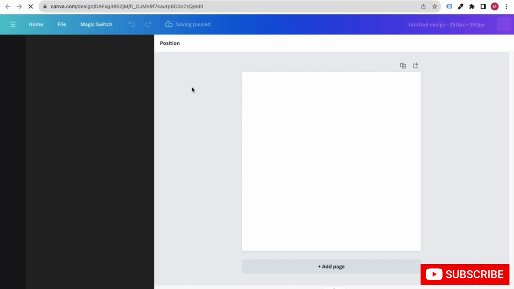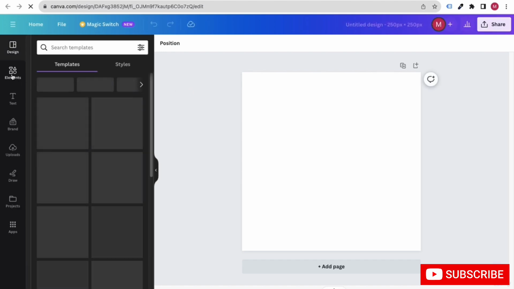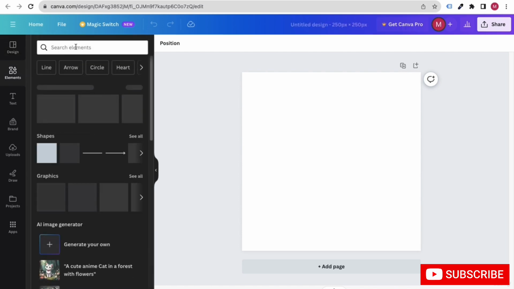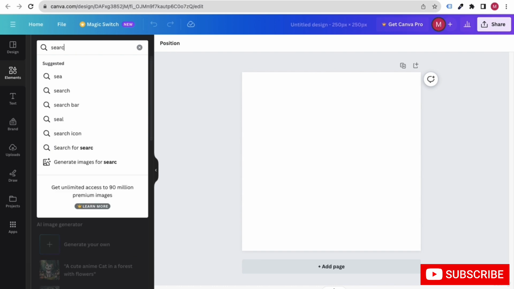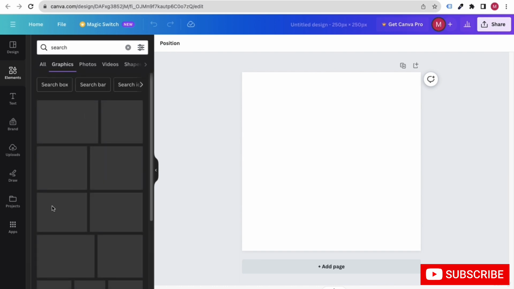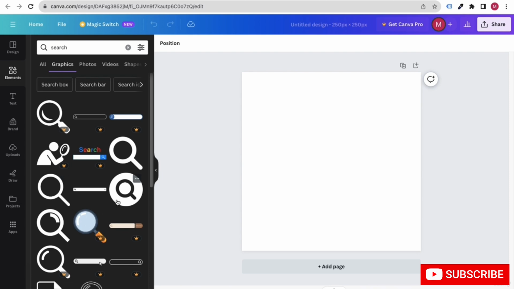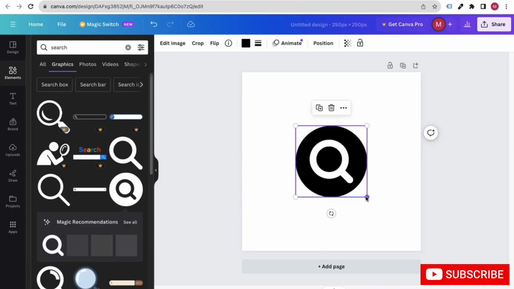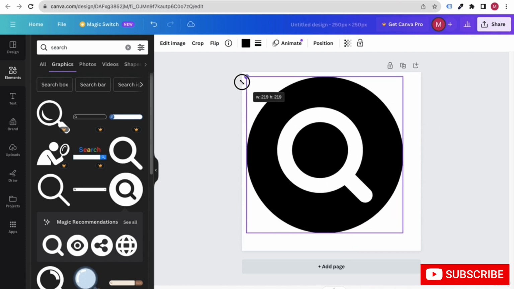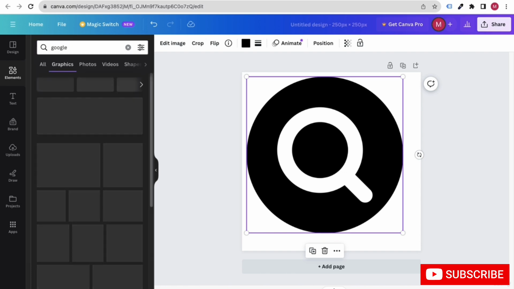Now let me put something that is related to Google. I will go to elements and put something related to search graphics. I will choose some free one like this one. Let me see if I can get the Google logo for free.